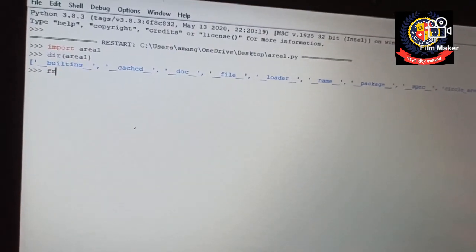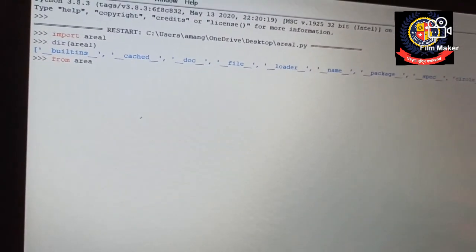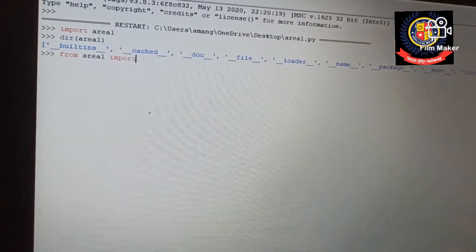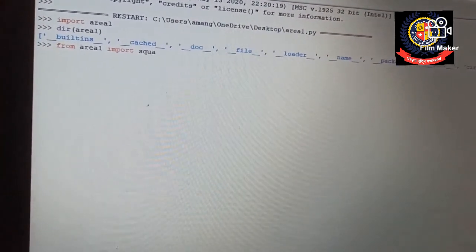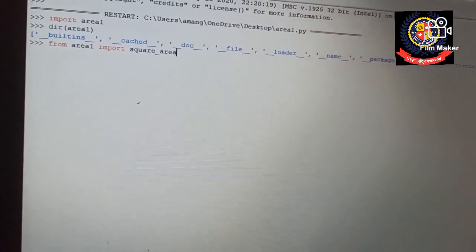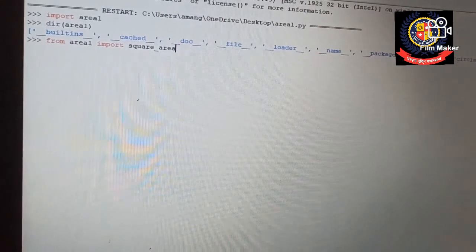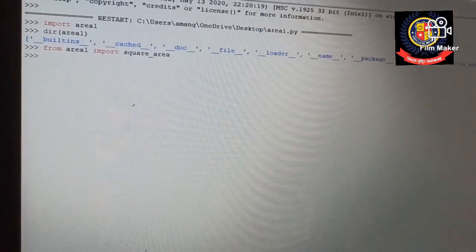Yes, so I can show you here that if I want to access only a single object, in that case I can use from, then module name, that is area1, then import, then object name, let me type square_area.